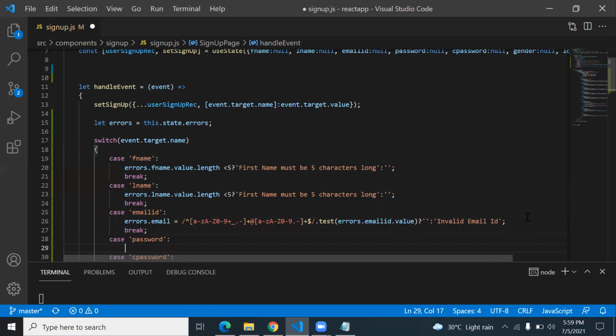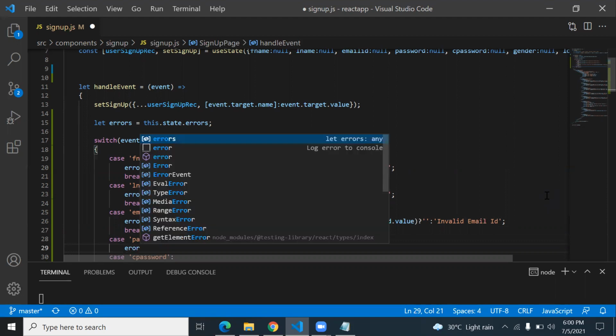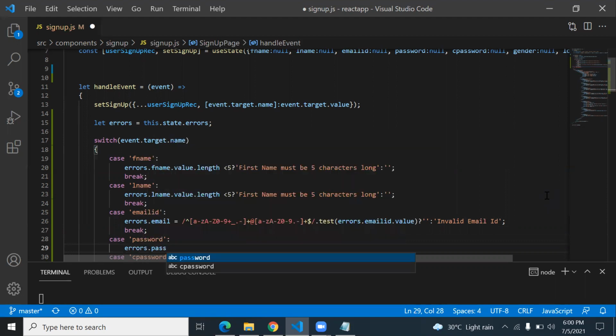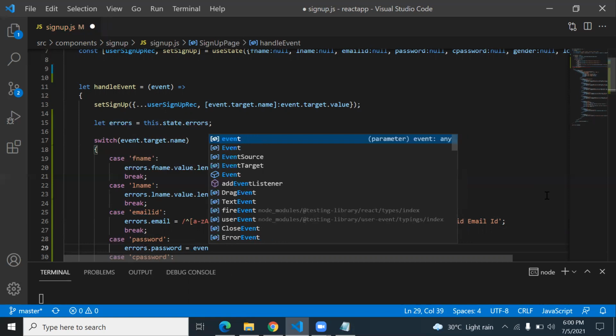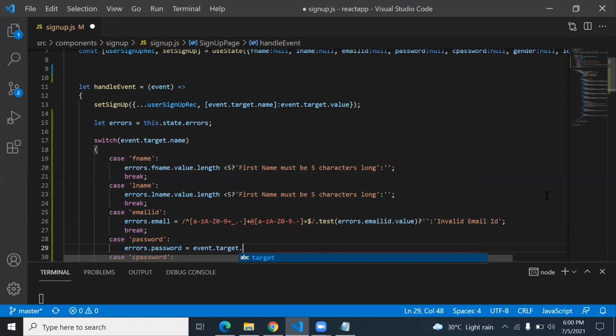You need to learn basic things of regex to understand this equation. About password, I type errors dot password is equal to, again it comes to regex if you want an alphanumeric password, but I type directly as the password if it is less than event dot target dot value.